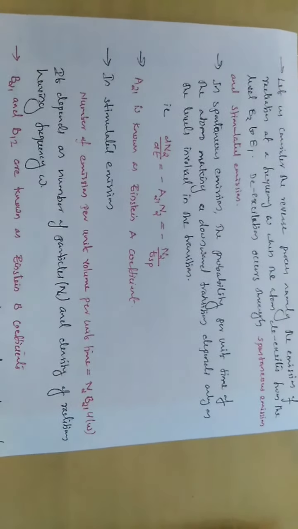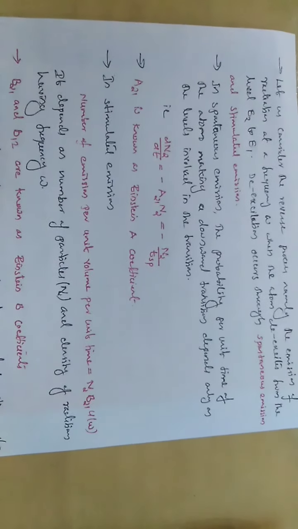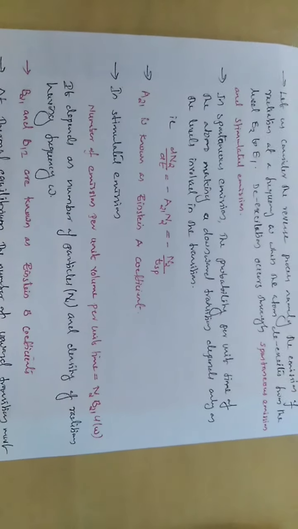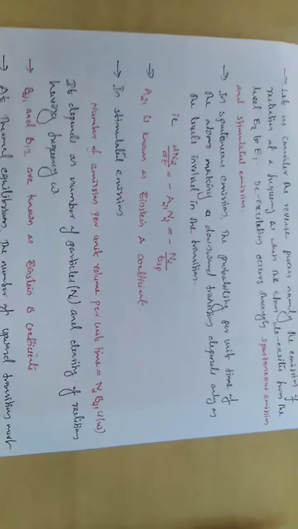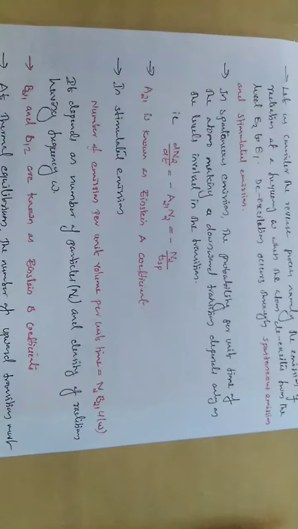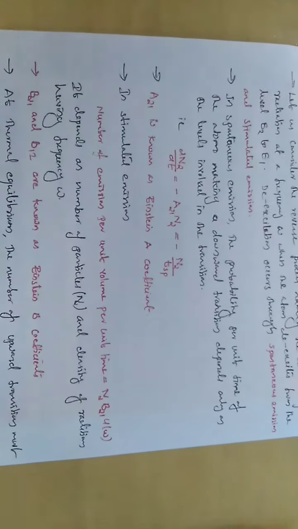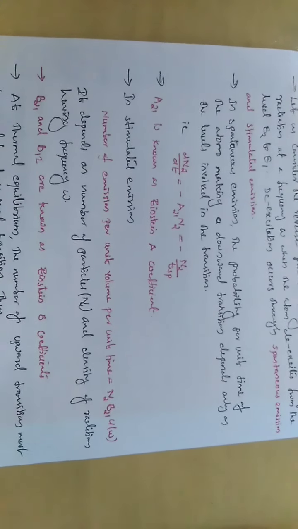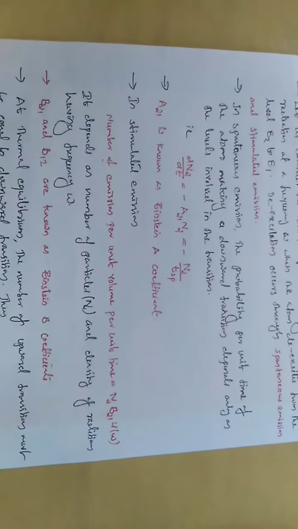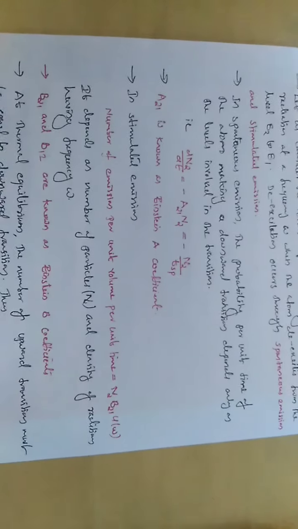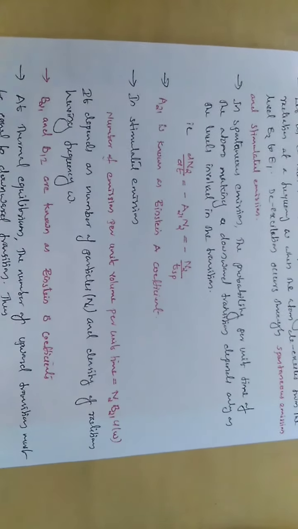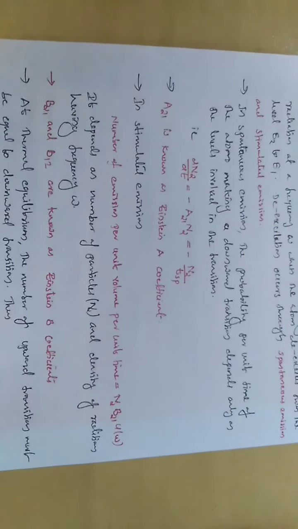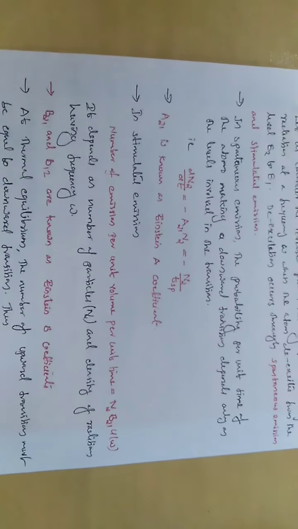Let us consider the reverse process, namely the emission of radiation at a frequency omega when the atom de-excites from the level E2 to E1. De-excitation occurs through spontaneous emission and stimulated emission. In spontaneous emission, the probability per unit time of the atom making a downward transition depends only on the levels involved in the transition, that is, dN2 by dt equals minus A21 N2, which is equal to minus N2 by